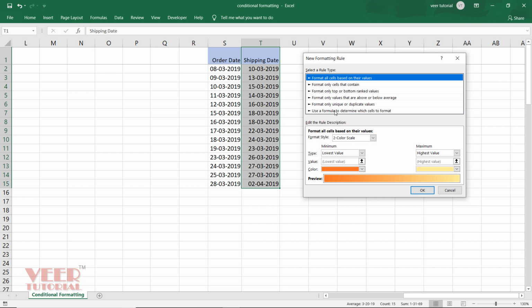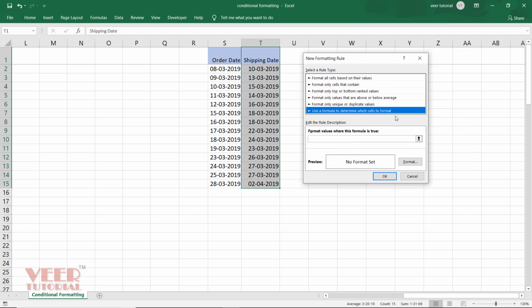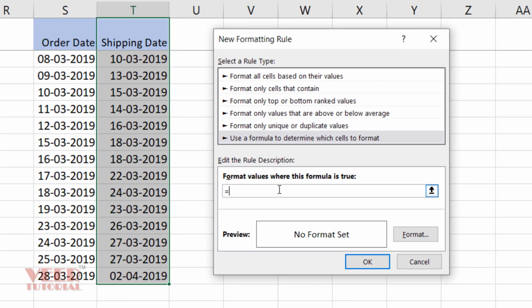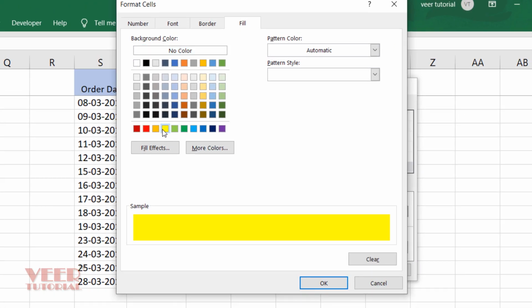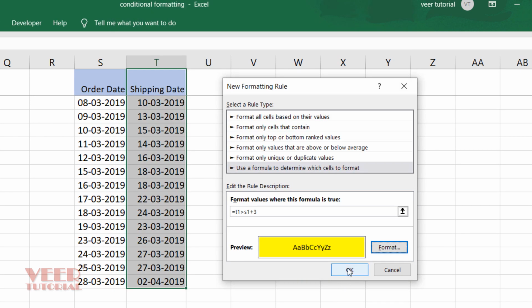Select the last one, use a formula to decide which cell to format, and here my task is to equal, and this time T1 should be greater than S1 and I will add 3 days in it. And now I will assign the formatting. I want to highlight with yellow color only, then OK and then OK.